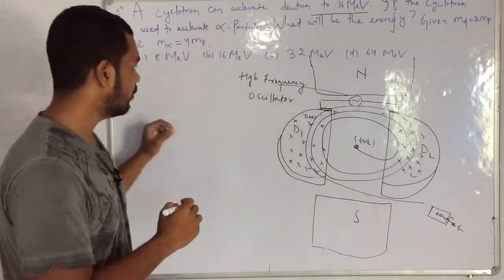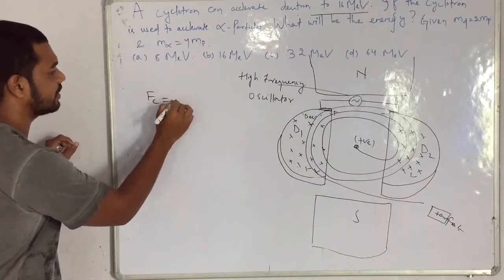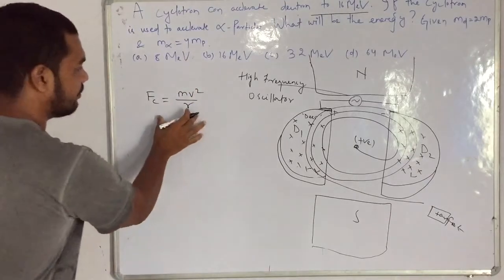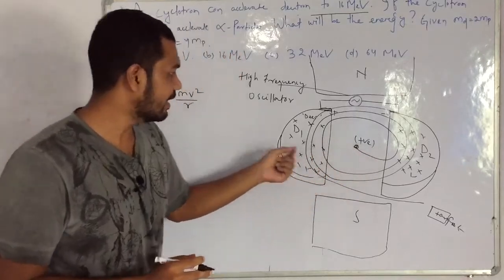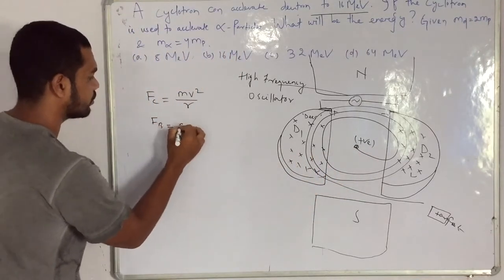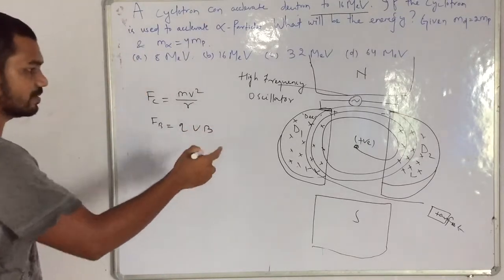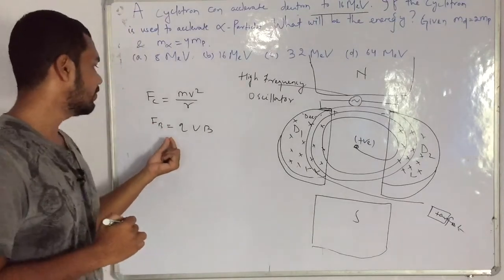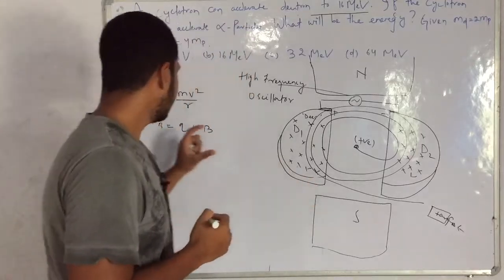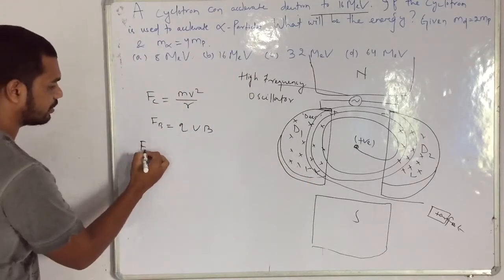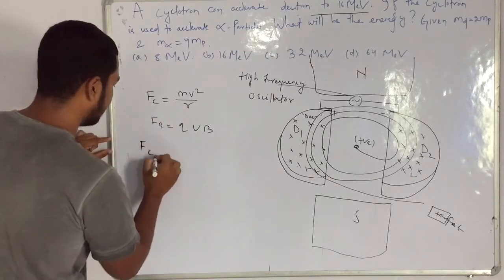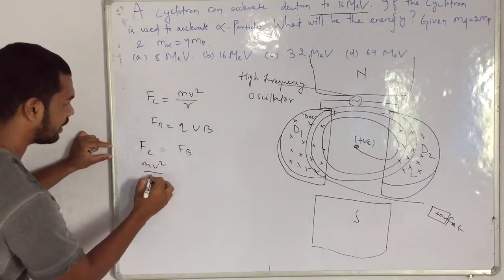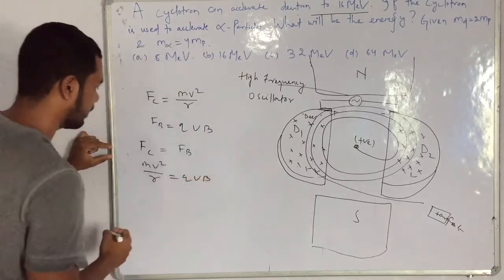We write the energy expression in such a way that the particle follows a curved path. To follow a curved path, it involves the centripetal force, which is equal to mv square upon r, and this centripetal force is provided by the magnetic force, Fb equals qvB sin theta. Theta is 90 degrees, so sin 90 is equal to 1. So the magnetic force is equal to qvB. As these two are equal, we can equate them to find the velocity expression of the charged particle. So Fc equals Fb gives mv square upon r equals qvB.